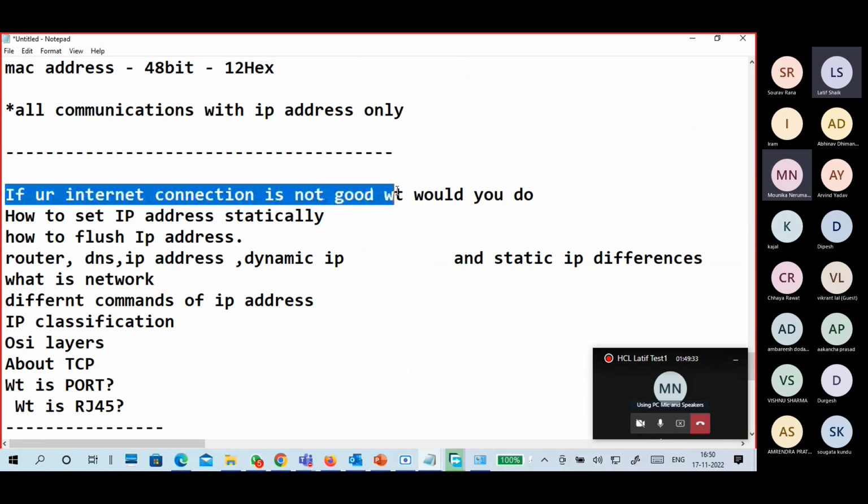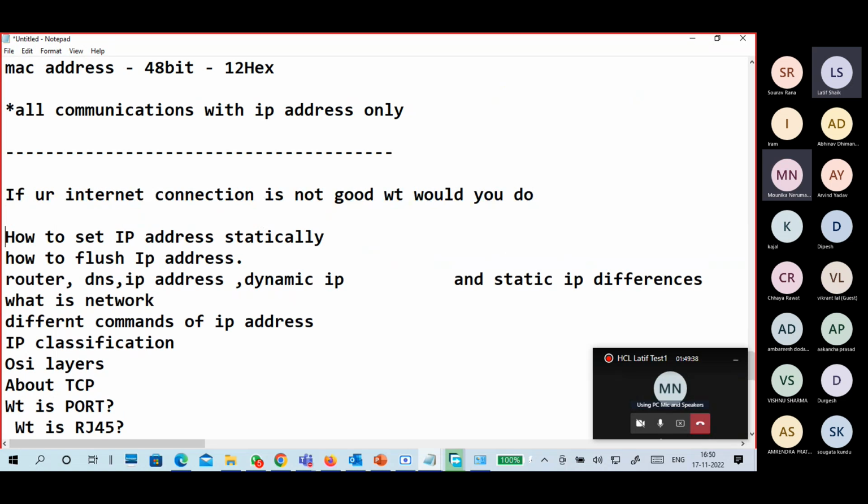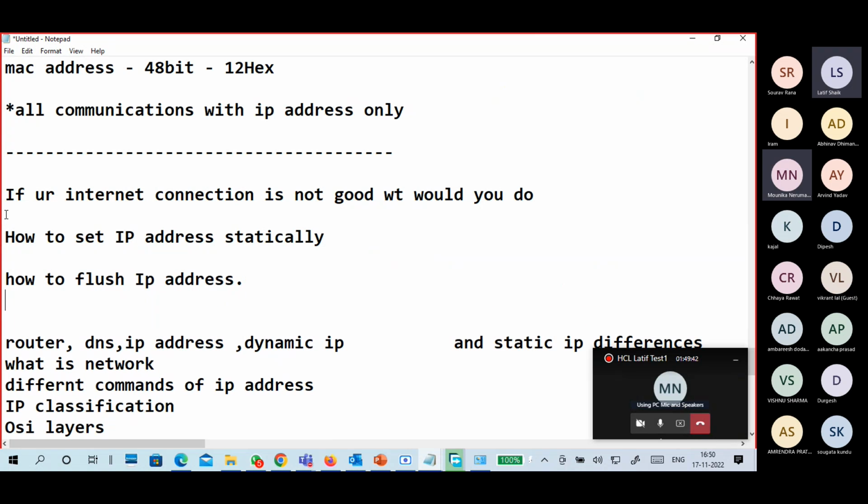If the internet connection is not good, what to do? Okay. How to set up an IP address manually, or to flush the IP address: ipconfig /release removes the automatic IP addresses.